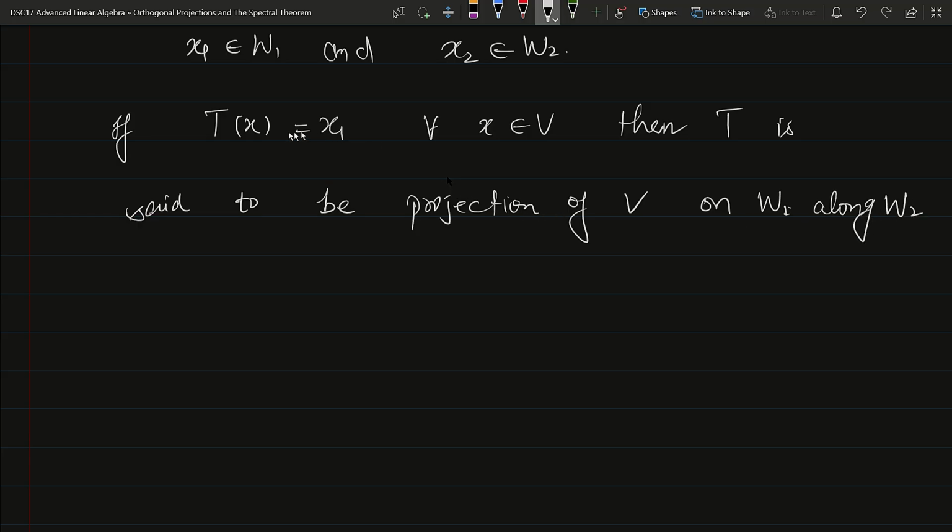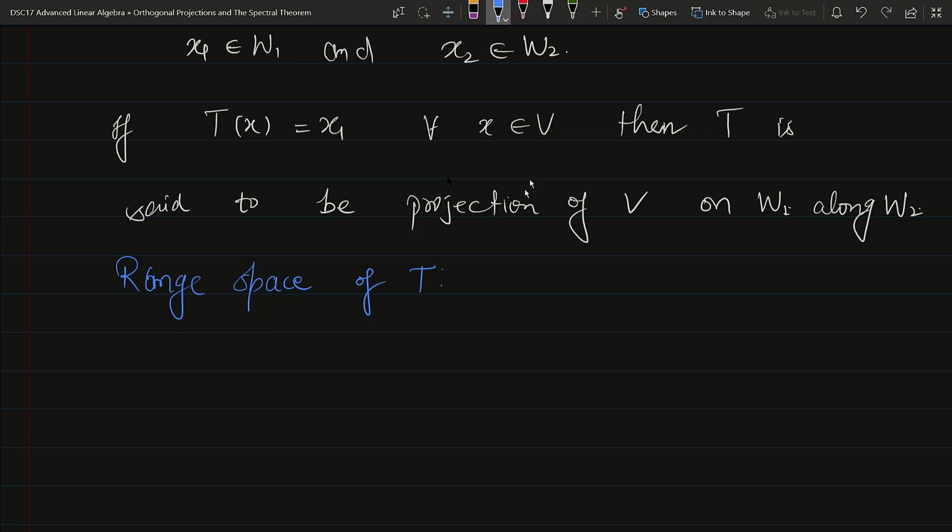Okay, so T is projection of V on W1 and along W2. Okay, now since this T is projection, so we can talk about the ranges. So let me talk about the range space